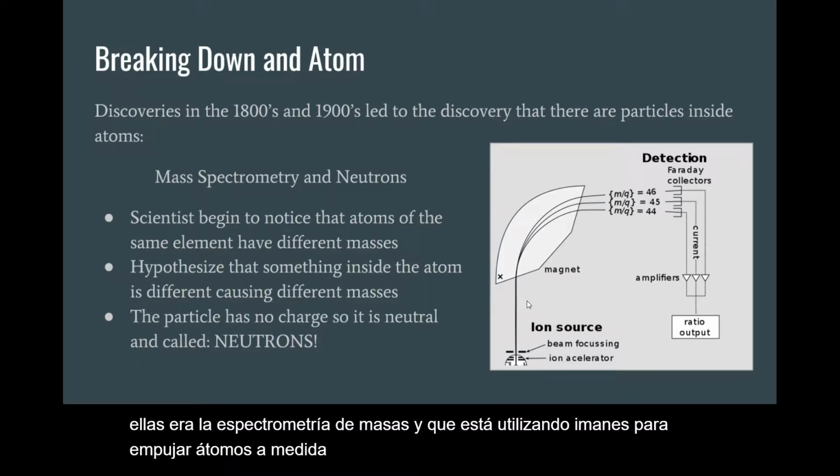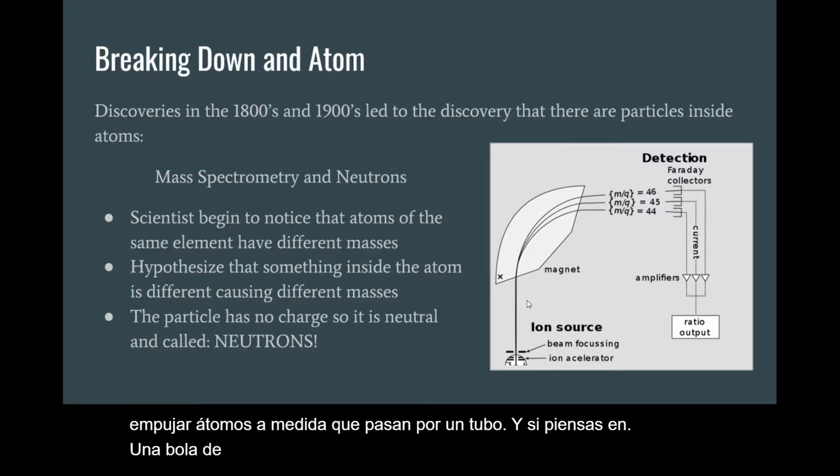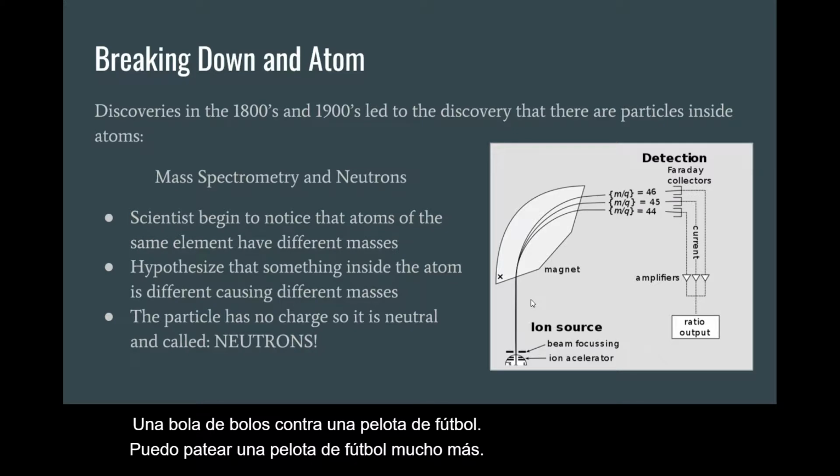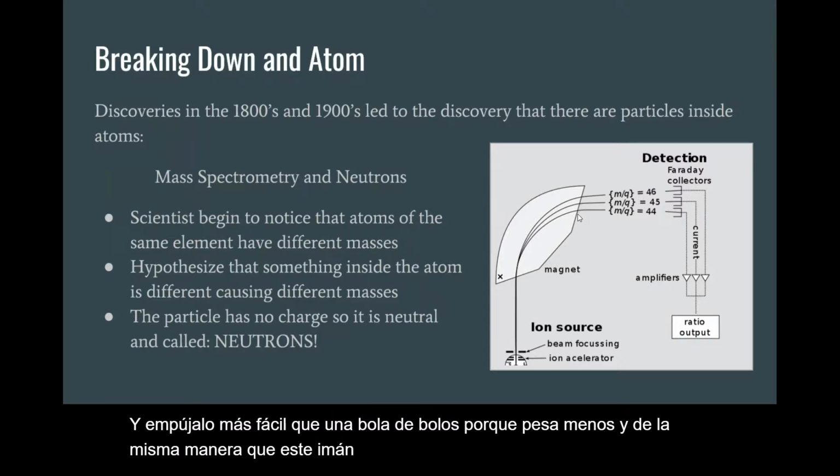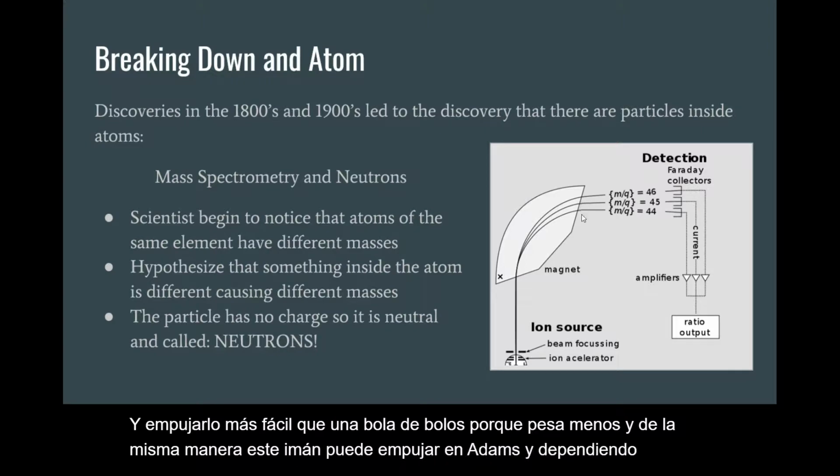If you think about a bowling ball versus a soccer ball, I can kick a soccer ball a lot further and push it easier than a bowling ball because it weighs less. In the same way, this magnet can push on atoms, and depending on how much they weigh, they will